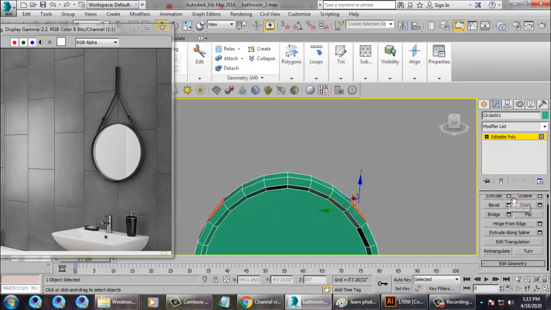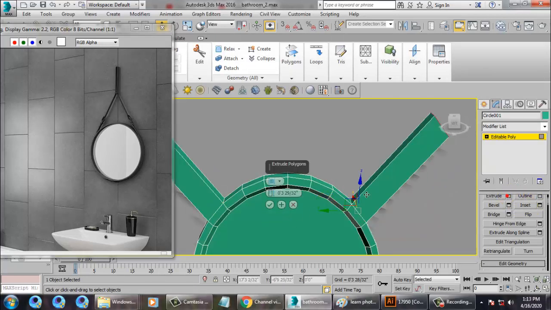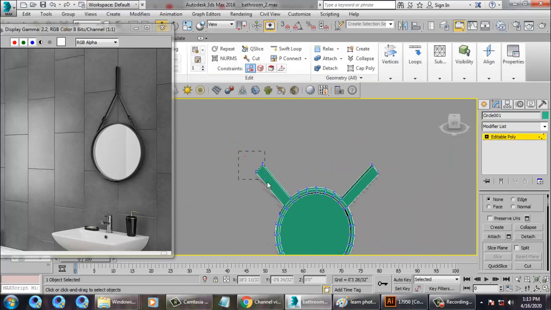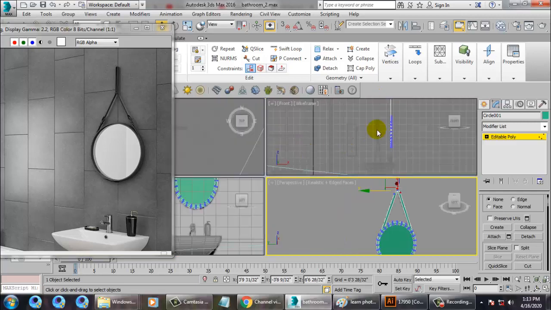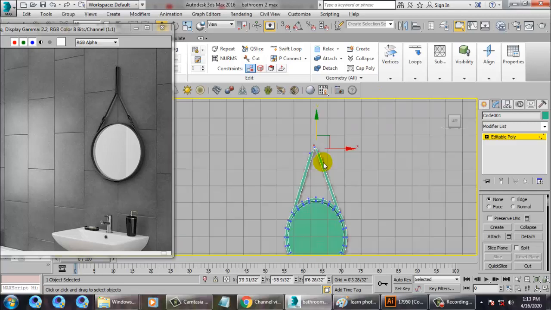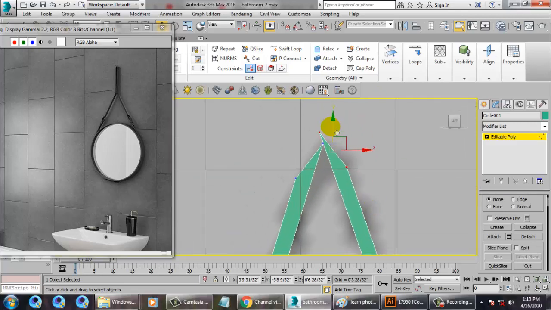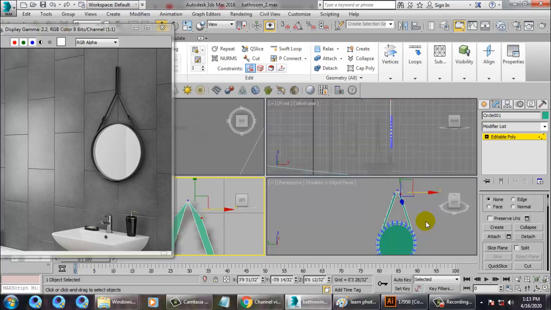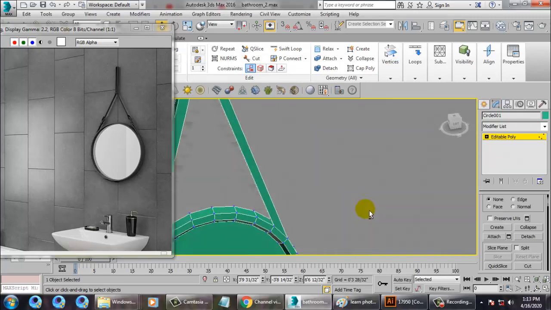So if you want this design, you can just extrude this over here like this. You can just extrude this over here and make sure you get both the things in center. So it should be in center. It's very, very important.